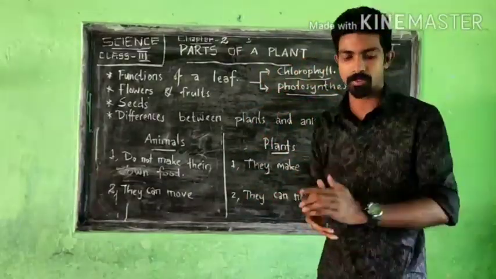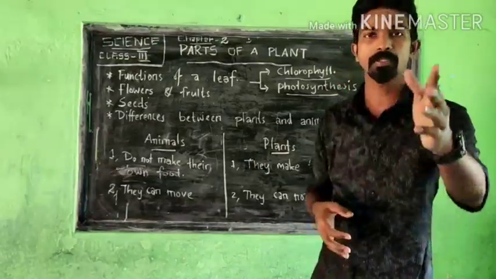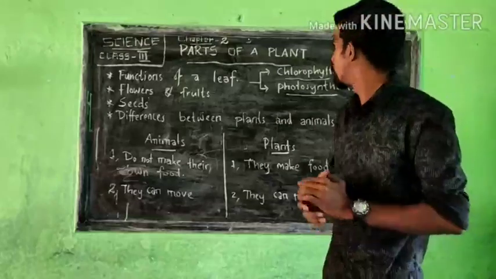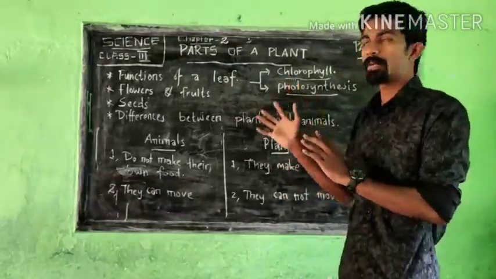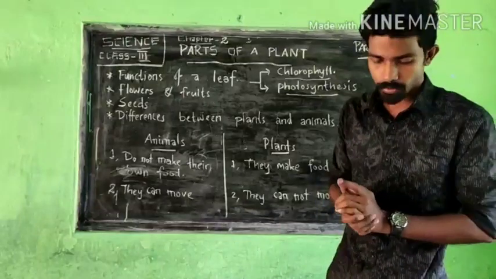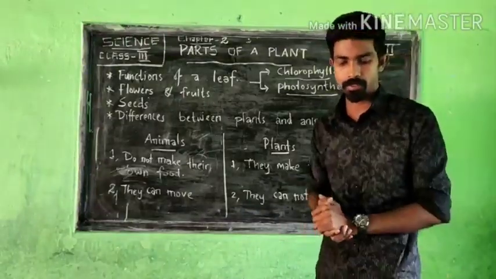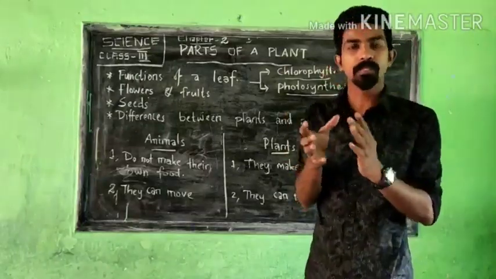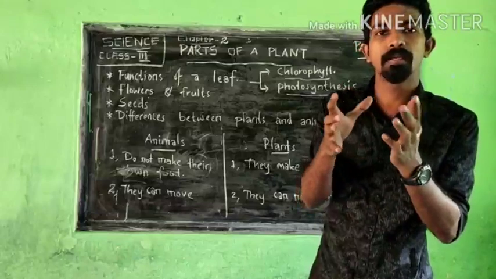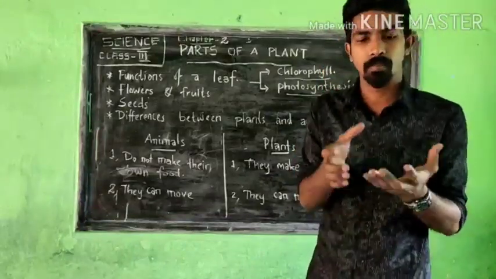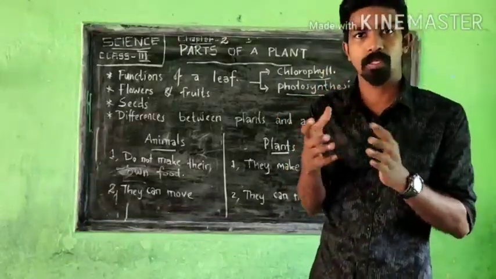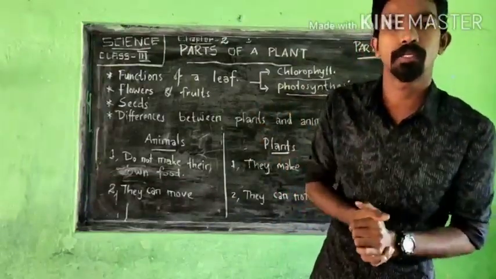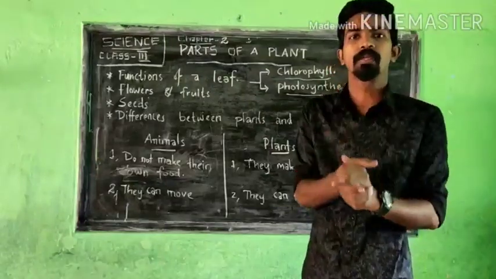This process is known as photosynthesis. In this process, oxygen is released. I already told that, after making the food, the plant releases oxygen. Then the next one: the food prepared by the leaves is sent to different parts of the plant where it is used by the plant. Sugar cane is an example of a plant which stores its food in its stem. We use the sugar cane stem to make juice, and we also make different types of sugar from it. So they store food in the stem.